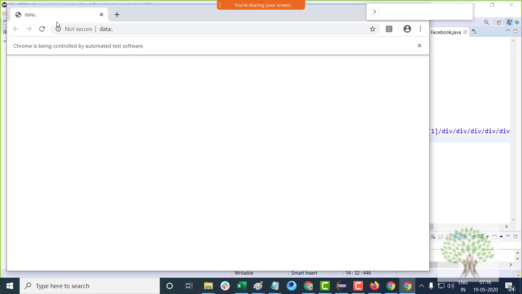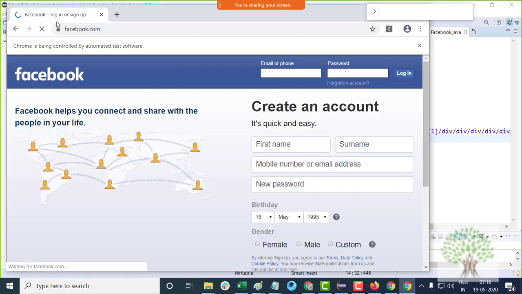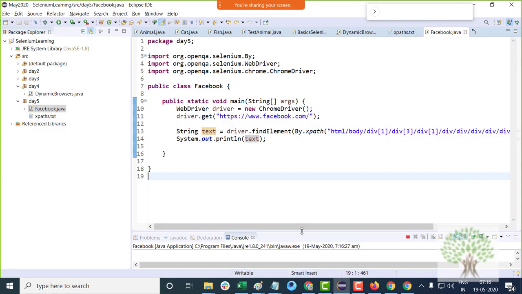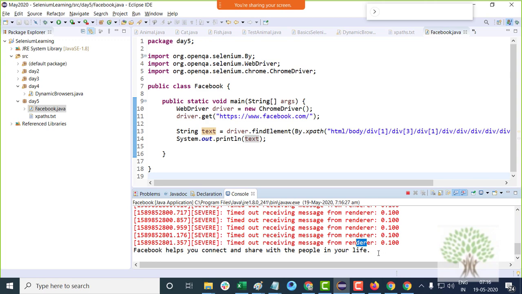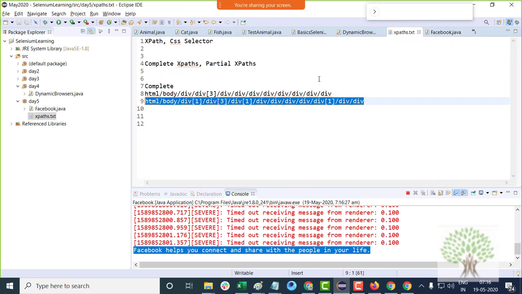Okay, now there is something known as complete XPath and partial XPath. We don't use complete XPaths. Okay, we don't prefer to use. See, this is the text. We don't prefer to use this complete XPath. The reason being, it is a bit risky to use it if something changes, maybe at a very early stage on the web page. Out here tomorrow a new tag is added by the developer.